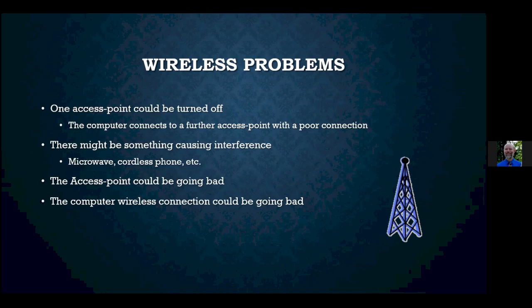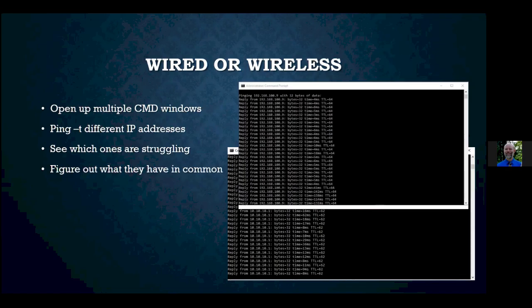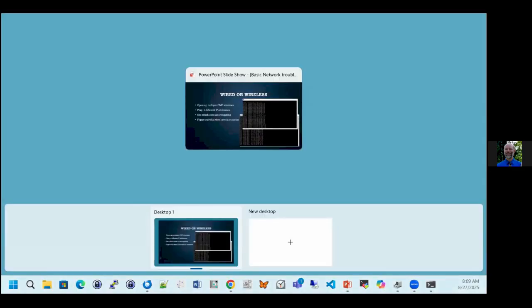And then you can sometimes have the antenna in a laptop or something go bad as well. I've seen that one. So how do you track some of these down? You open up multiple windows and you ping with the minus T. So a ping minus T is,